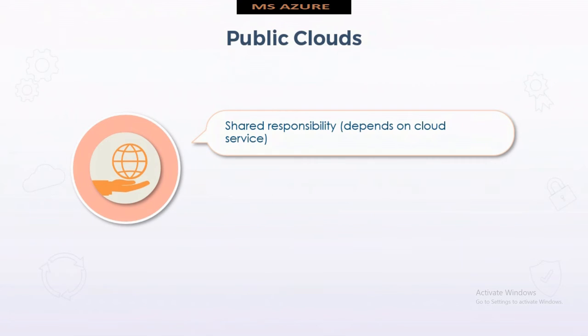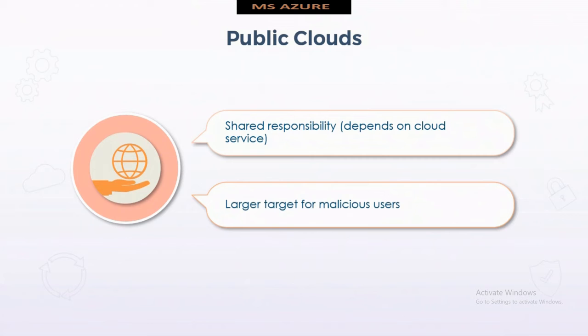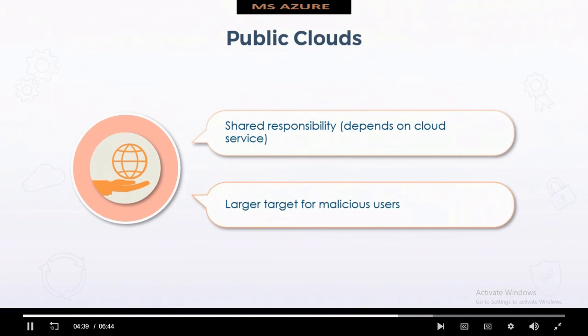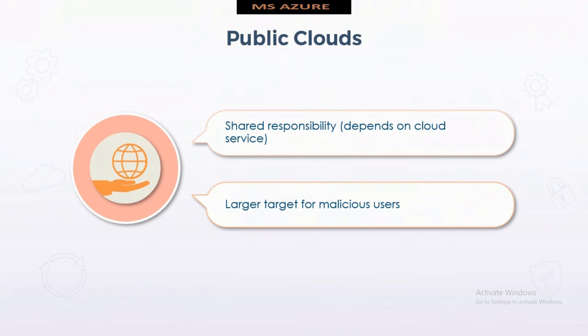The other thing to think about from a security standpoint is that public clouds are a larger target for malicious users, just like a bank would be, as opposed to storing money under your mattress, let's say, for example. However, bear in mind that because public clouds have all of these security accreditations, their environments are probably more secure than what most enterprises could afford to apply, both at the physical data center level and also at